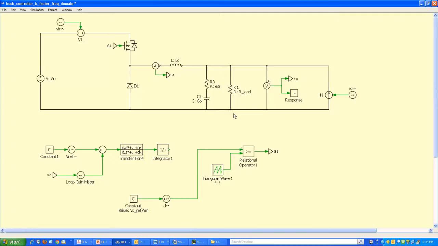Okay, next we will verify this design controller in Plex. First we will do it in the frequency domain. Okay? So first of all, I enter the controller using this transfer function block in Plex, and if you see what is inside that,